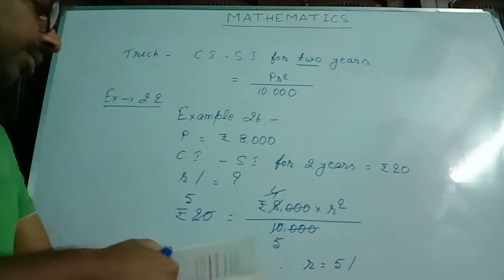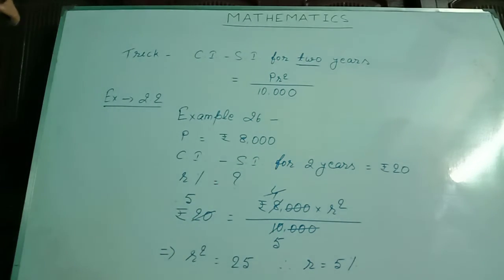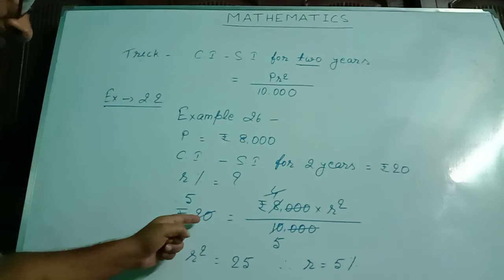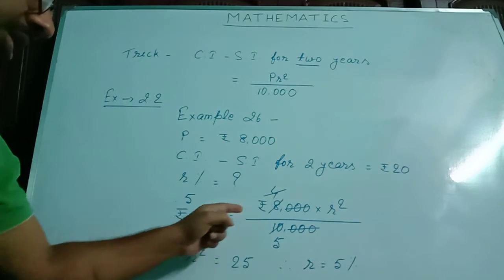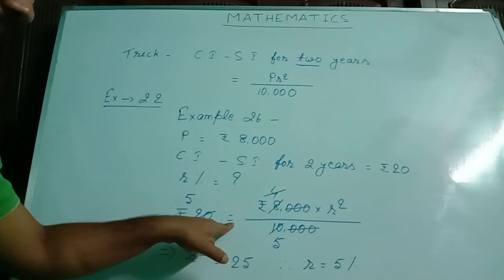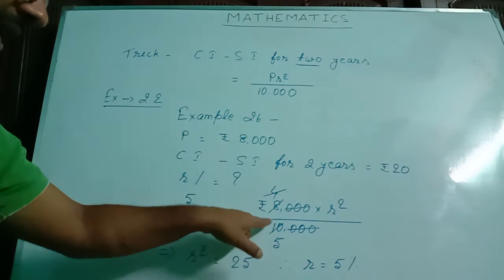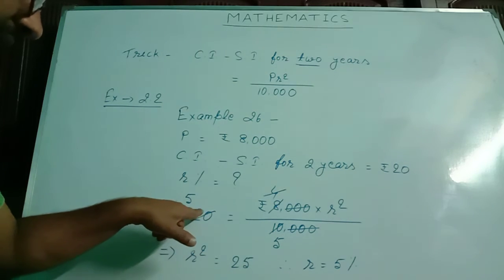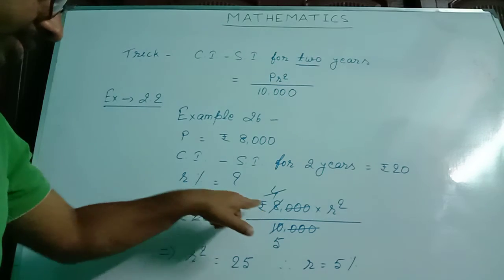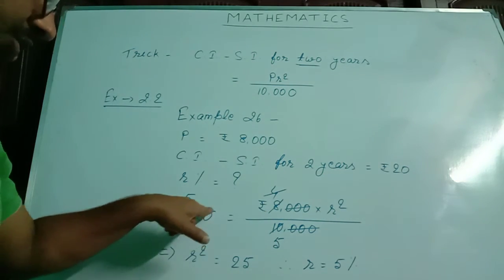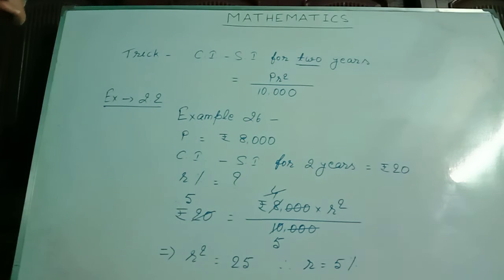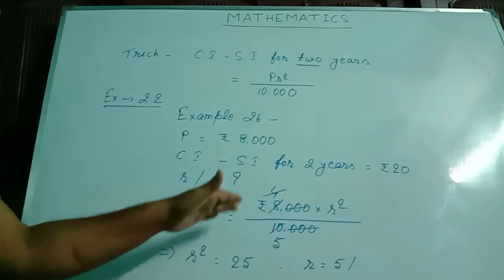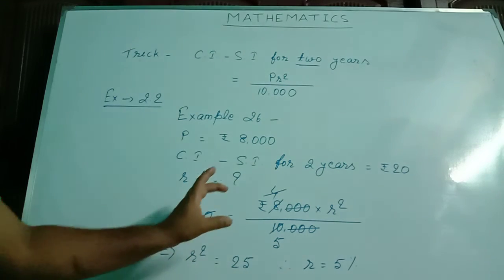And one more trick that I have applied in this question: you can cut numerator and numerator if those two are divisible and separated by equal to. The numerator and denominator you can cut, that is the old method. But we can cut a numerator and a numerator if these two are divisible and separated by the symbol of equal to. This trick is also a time saving trick. So I followed all this and I got all these answers in a few seconds.